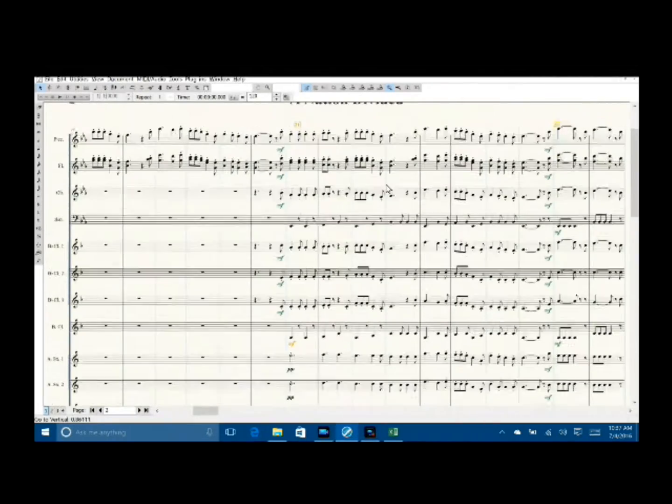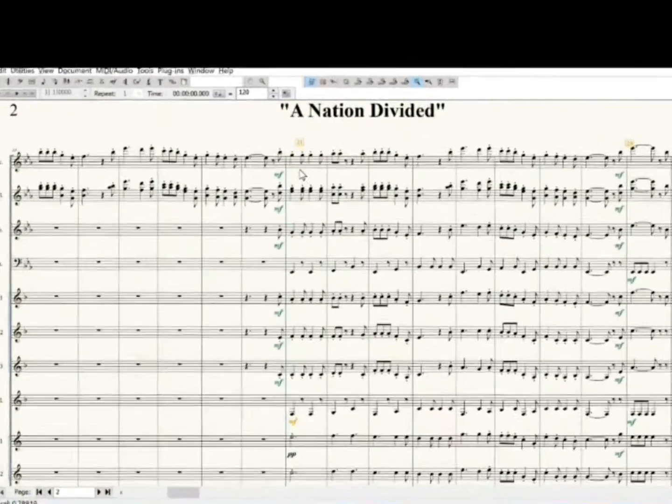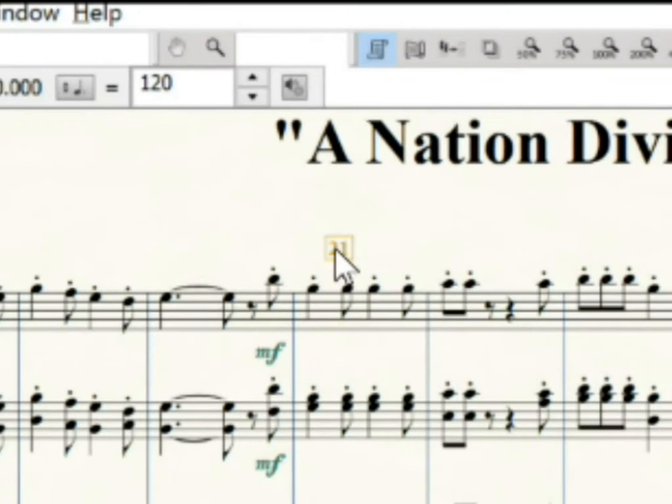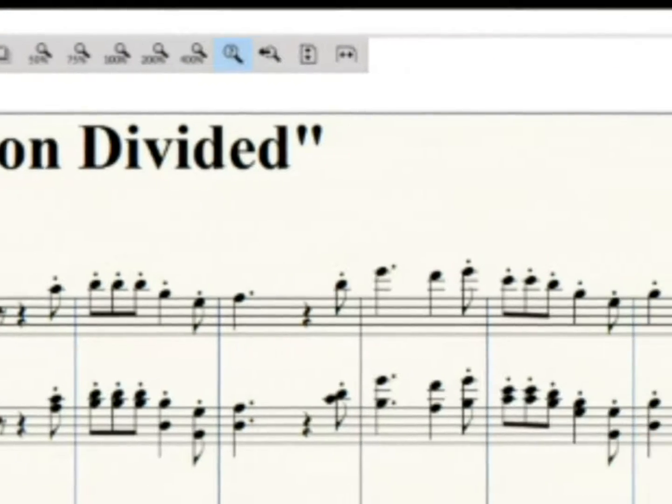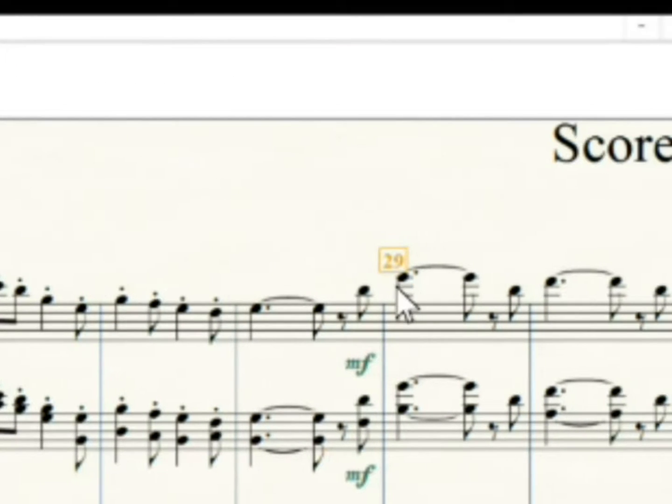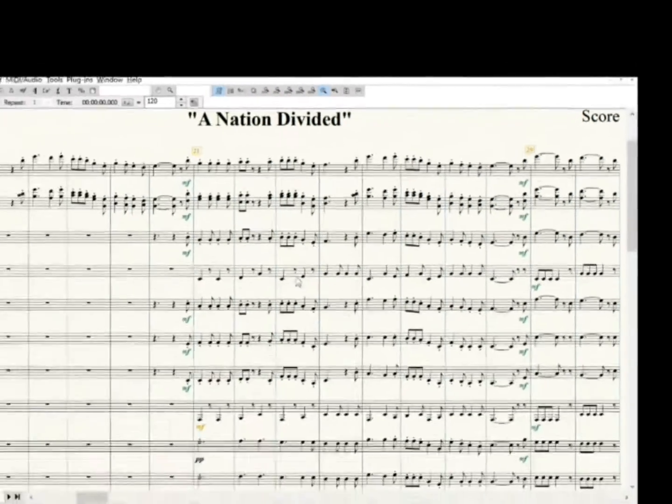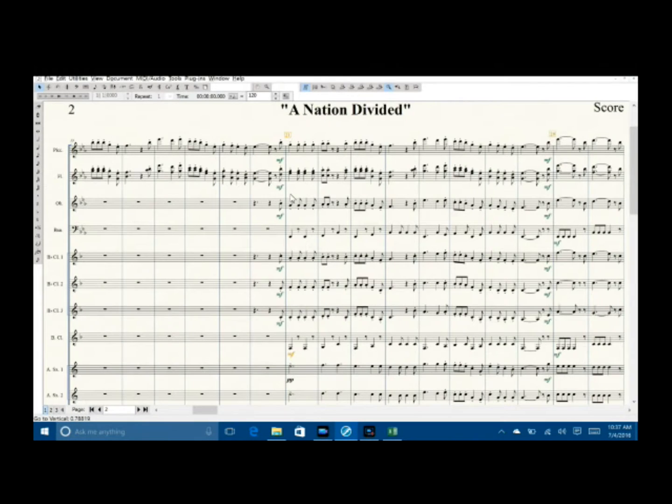All right, we're up to the top of the page. Here's rehearsal marking 21 in the middle of the bar. I don't want it in the middle of the bar. I'm going to hold down the shift key and drag it to the left. That's where it needs to be. This number 29 impinges just a little bit on that high E flat for the piccolo. So I'm going to drag that just a little bit to the left and maybe just a little bit up. That makes it much easier to see. All right, stand by now while I go through the rest of the score.